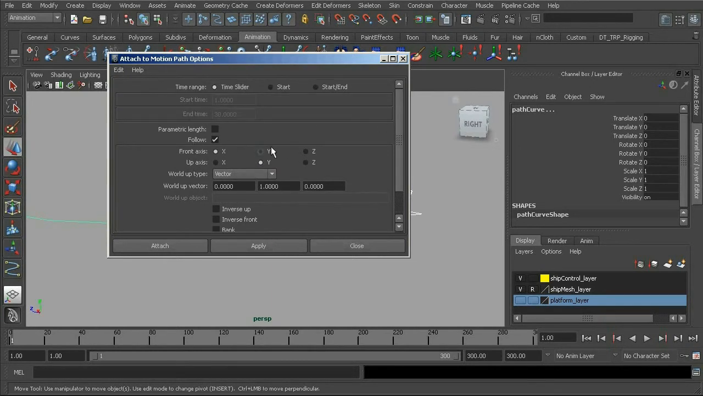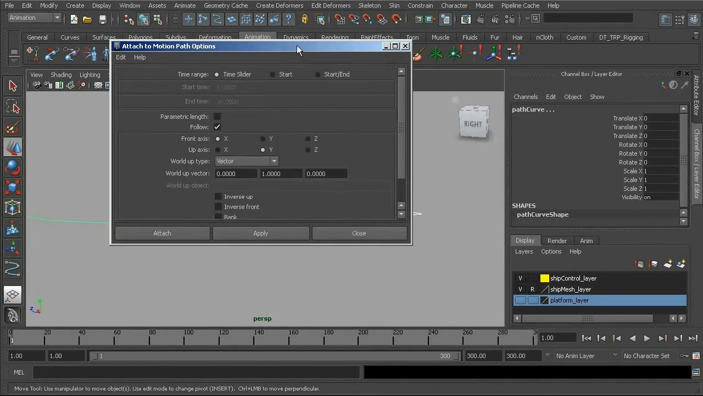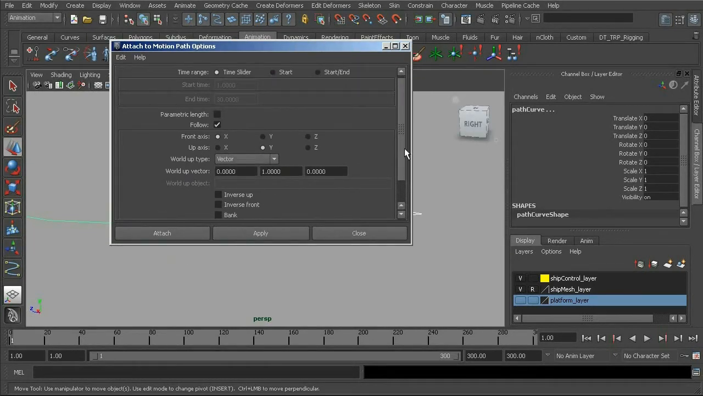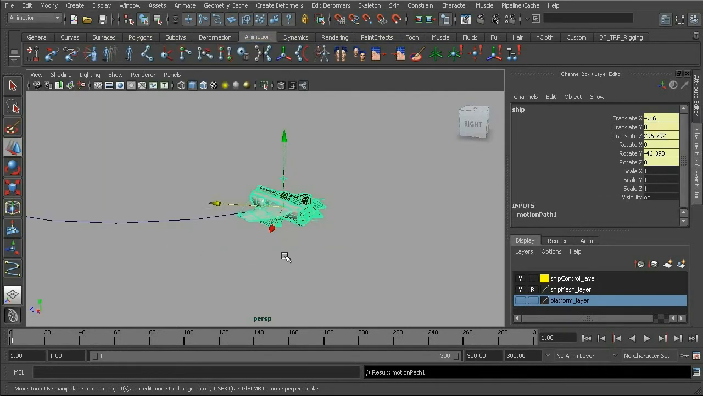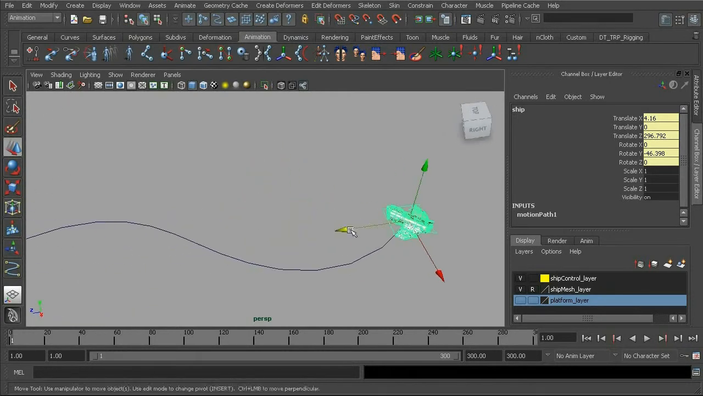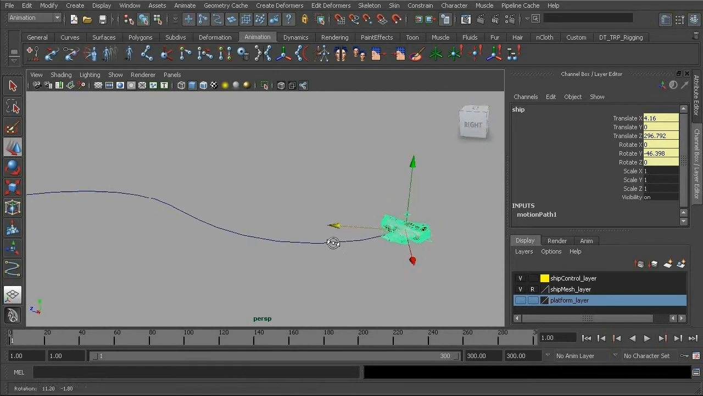So we'll go ahead and take a look. But notice you can set your time range, you can set your path behavior, and then you could also set your object's direction along the path. So let's go ahead and just choose Attach, and we'll take a look at some settings we have, again via the attribute editor. All right, so you can see we now have these yellow connections letting us know our ship has been attached,